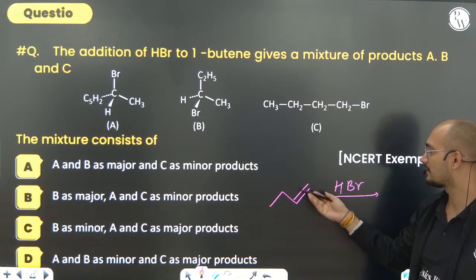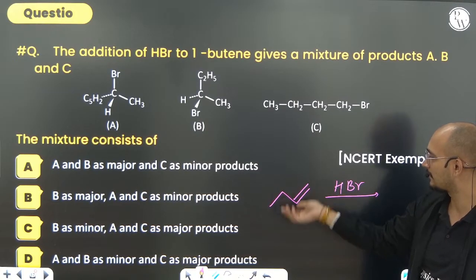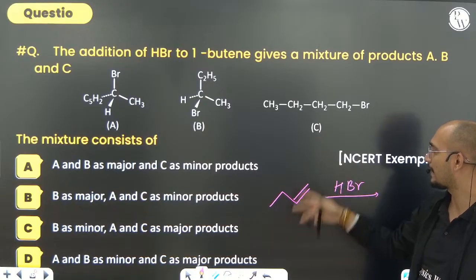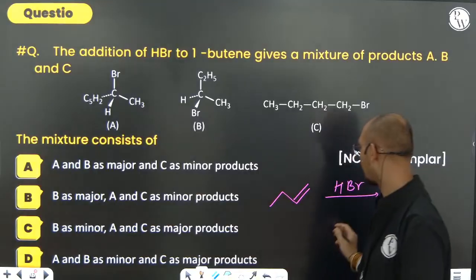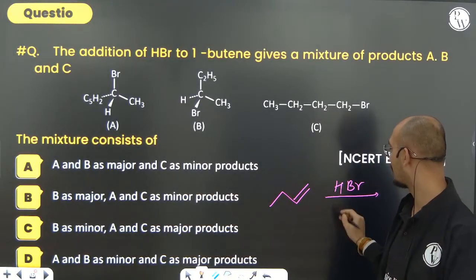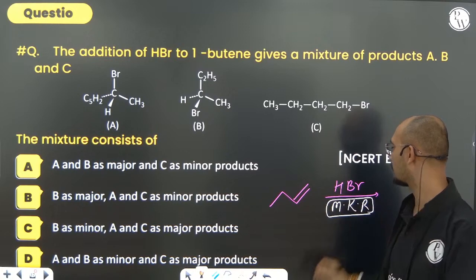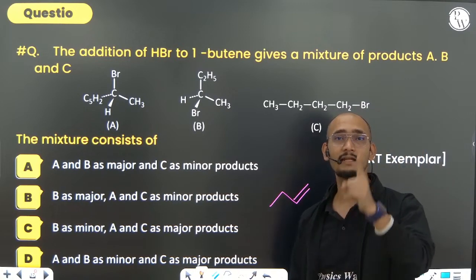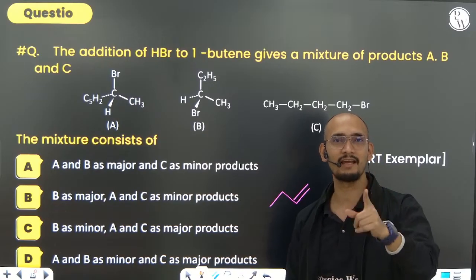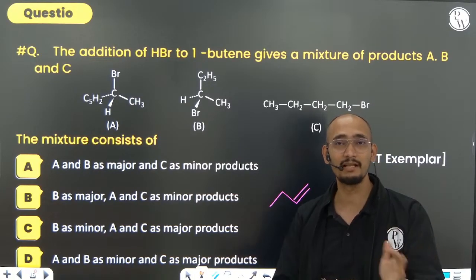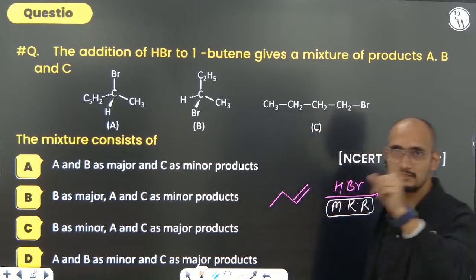So can you see that this is an alkene that is unsymmetrical, and you are adding one HX into it. Once you are adding HX into it, what rule follows here? I hope you all remember Markovnikov's rule. But before using Markovnikov's rule, always remember that carbocation rearrangement is very important. First of all, you see the carbocation rearrangement. If somewhere the positive charge becomes more stable, only after that attach Br minus, otherwise no.